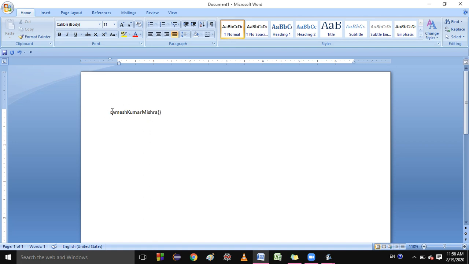Listen very carefully: the rules for user defined and built-in methods are the same. Built-in methods are the methods made by Java.